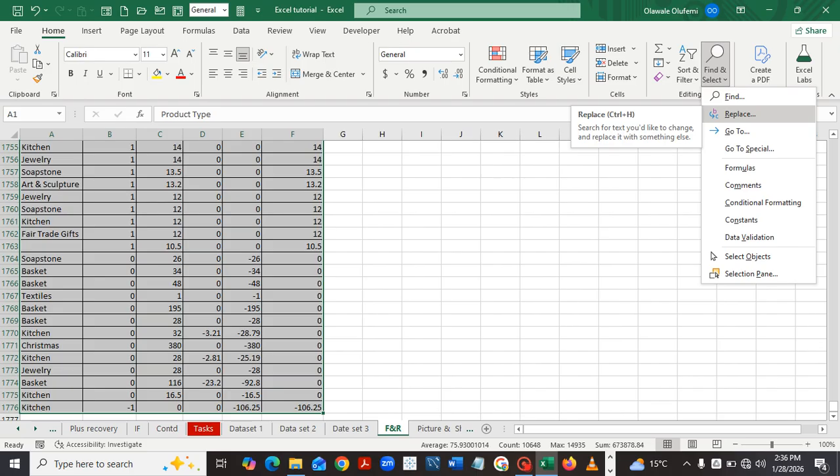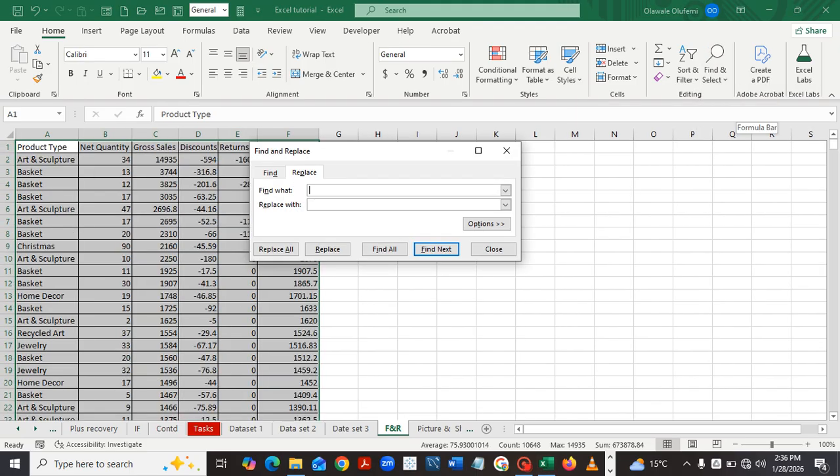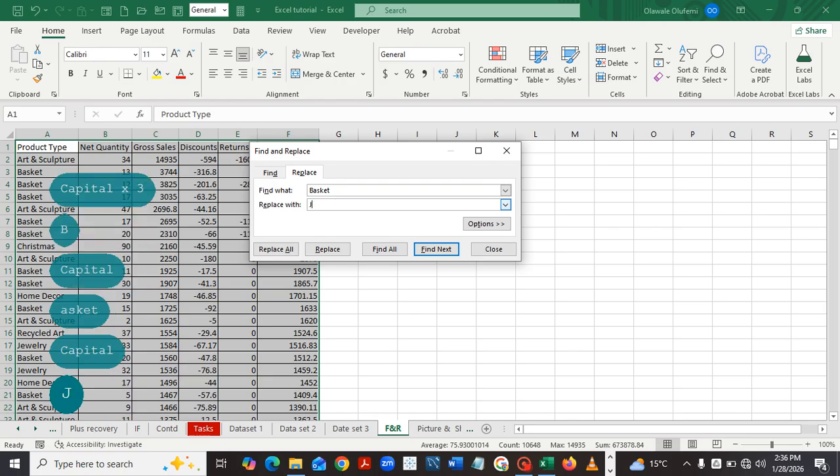So under find and select, you will click your replace. So now you want to find basket, right? You want to replace your basket, so you put basket and then replace it with jug. Then you put your jug and then you click